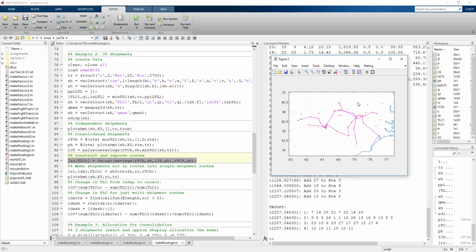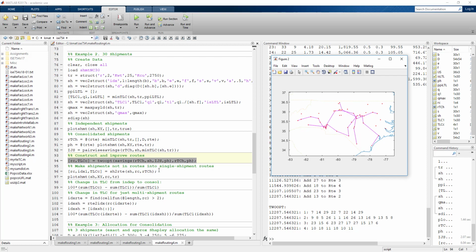And when I finish, the one thing to note is that we have a series of consolidated routes formed, but we do have some locations that are not included. And what they correspond to are locations for shipments that were not included in any of the consolidated routes. The reason being is that there was no positive savings associated with combining that shipment with any of the other shipments. So no consolidated route of more than one shipment was created by the savings procedure. And the savings procedure doesn't do that if there are no non-negative, or in this case strictly positive, savings associated